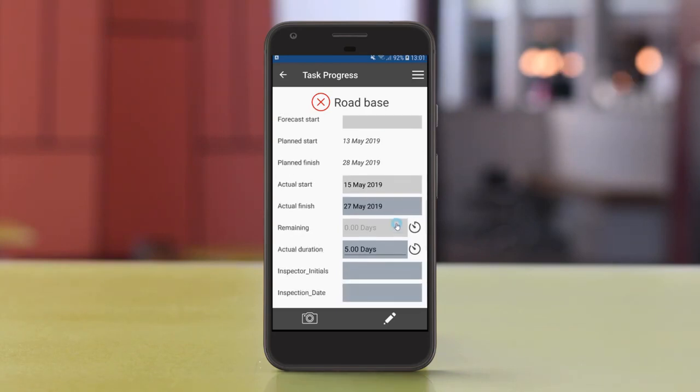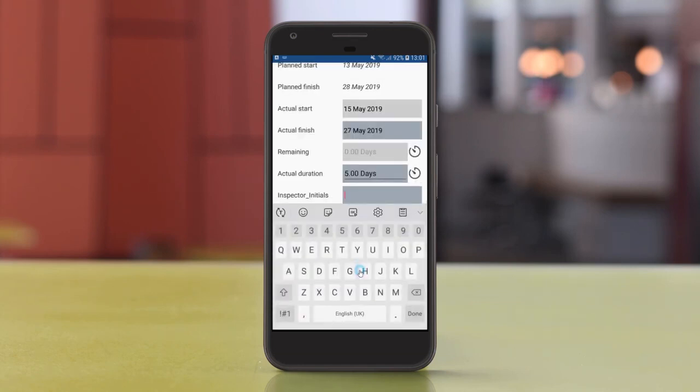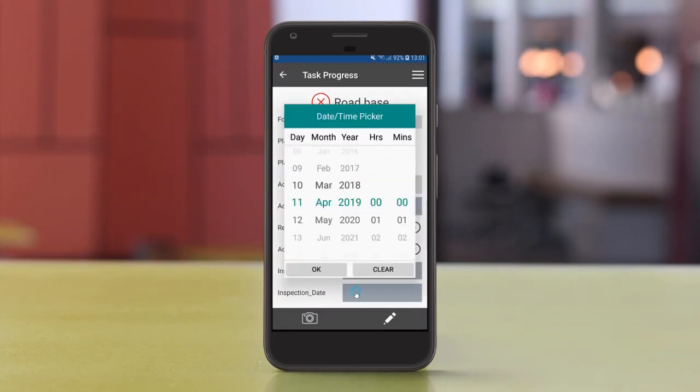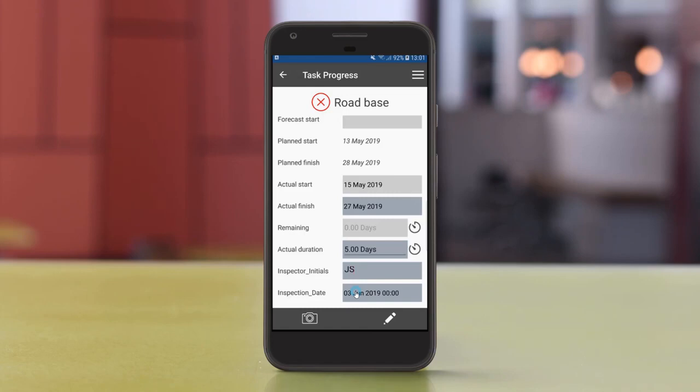And of course, we can also say how long it's taken us to do. So I don't want to edit that. We have taken 5 days. I've got it has been inspected, and that's the information. And again, we've got a date selector if we've got a date field to complete. And even if we have some hours and minutes, we can include that in there. So we have that information. We've done everything about that task, and we can go back to the task list and have a look at